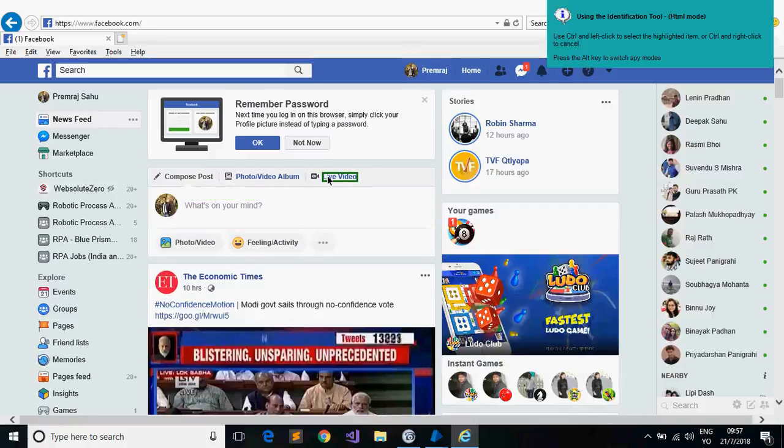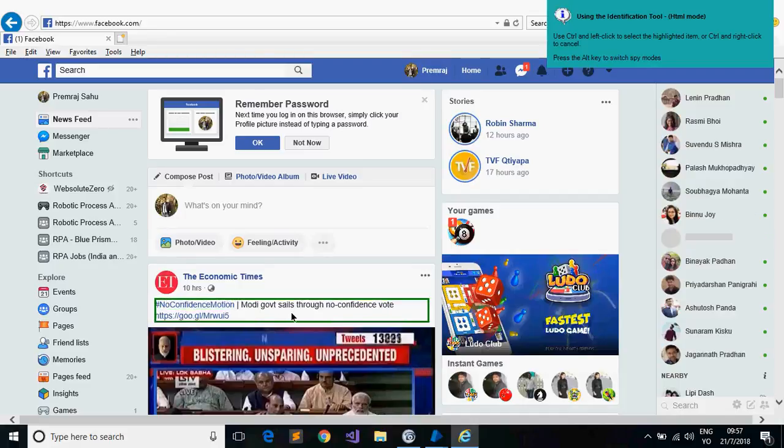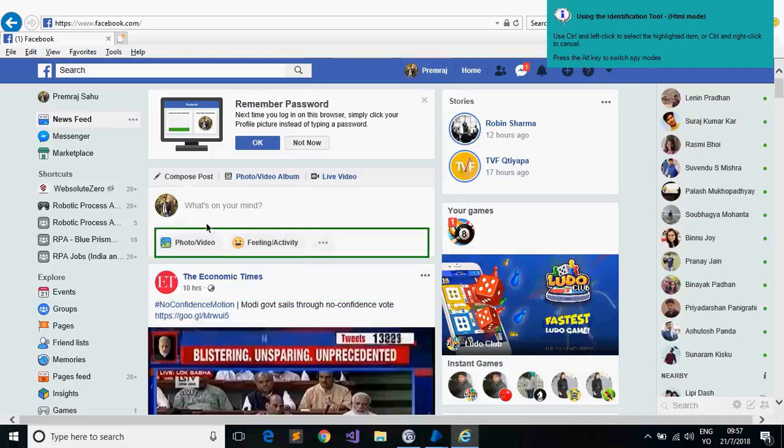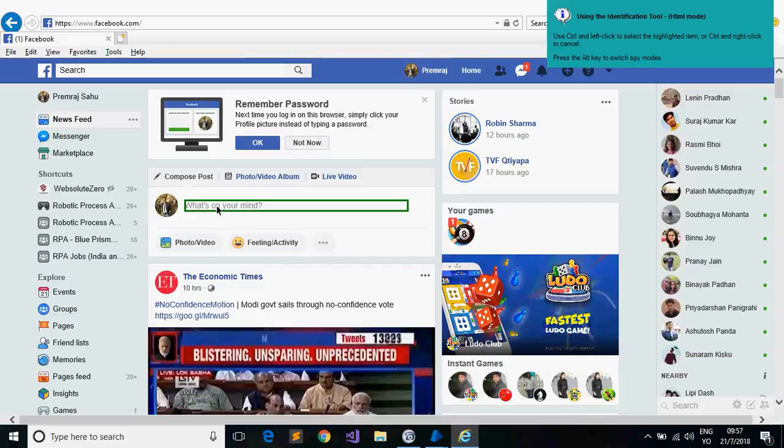HTML mode. So I'm able to identify each of these fields. So everything will work fine. For example, if I want to get this text, I'll be able to, but the thing is that next time it will not be there, so it will fail. Otherwise, I can just take it and put it in a